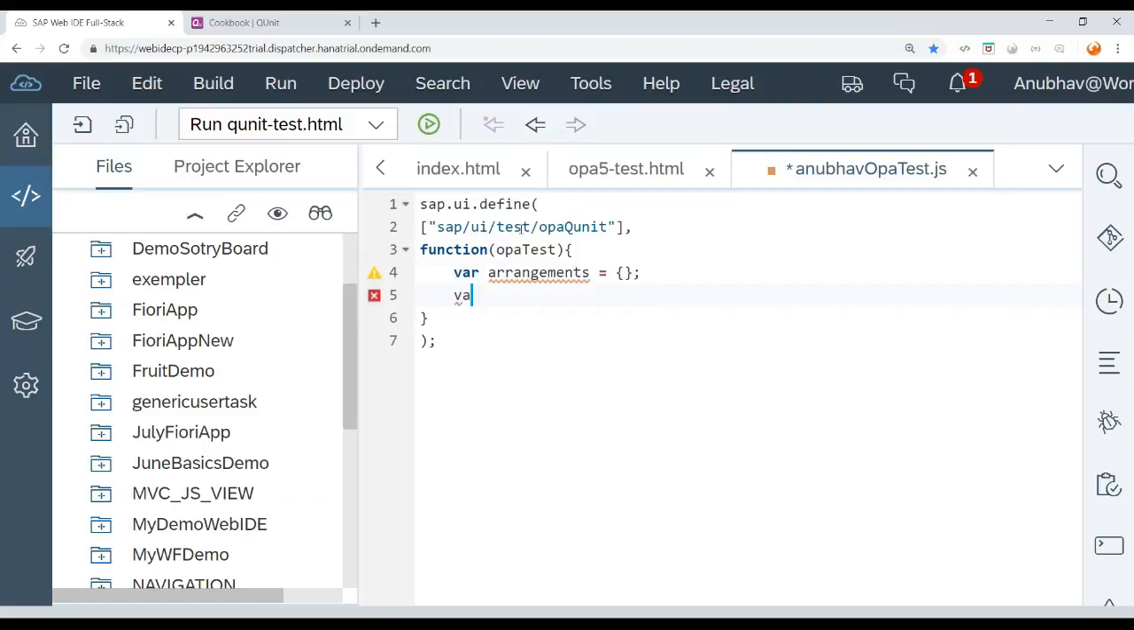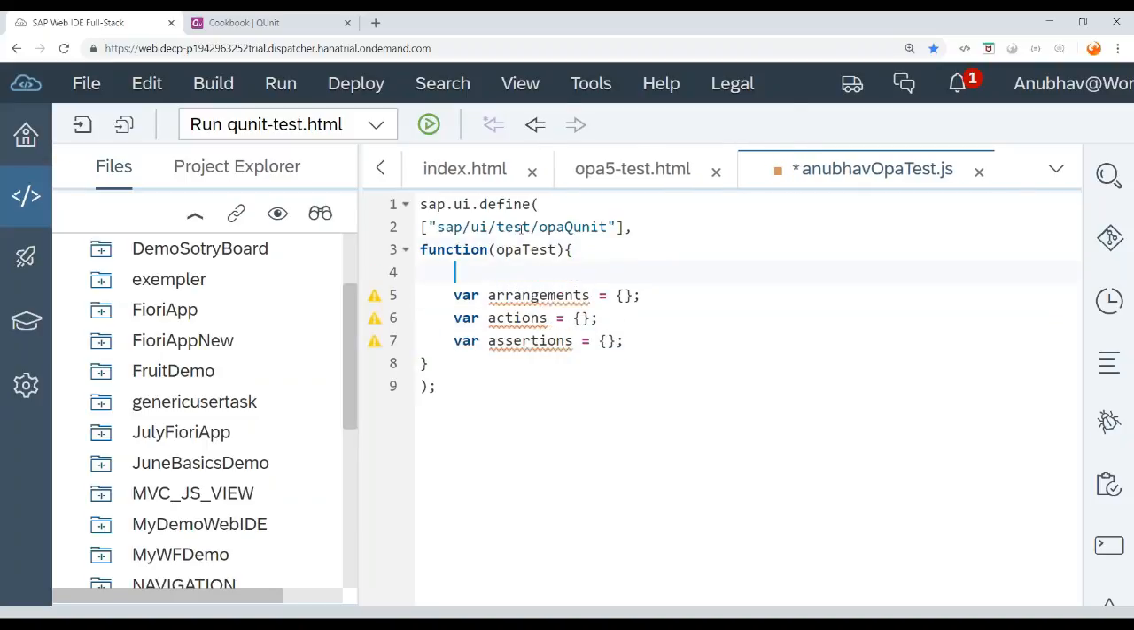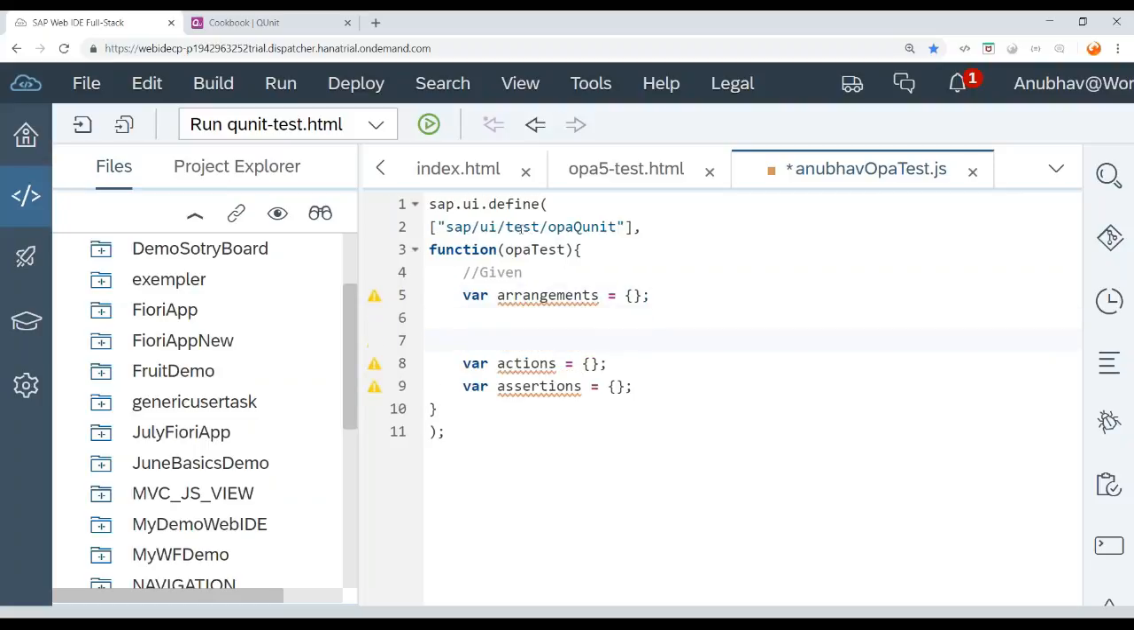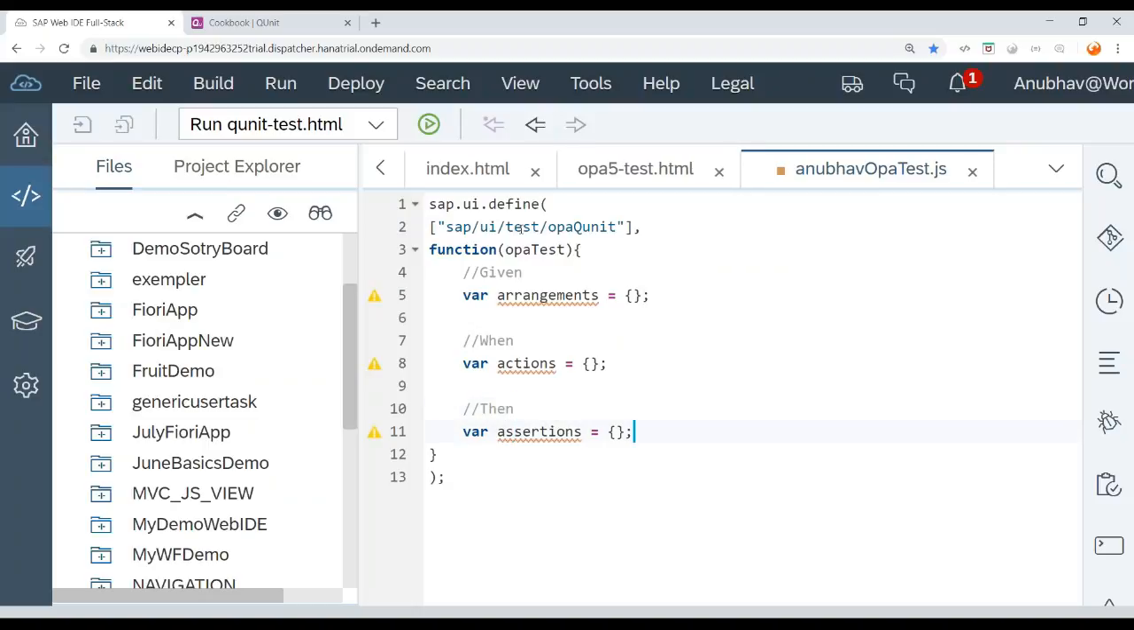Something I'm going to do: var actions, recalling the UX experience, and var assertions. Three things we are going to put here. The first one is your given. This is your when in a journey, and this is your then. Clear everybody? And once all three are defined, we are going to set all three of them to the